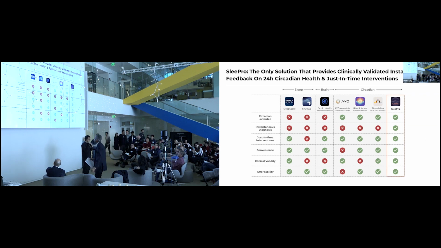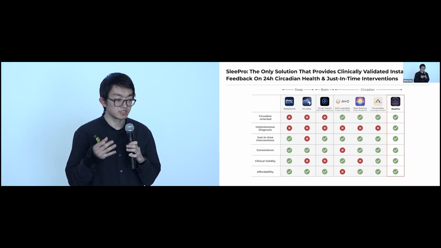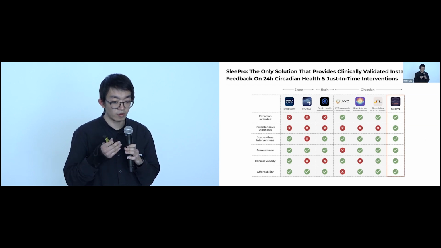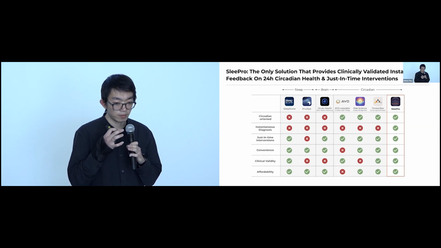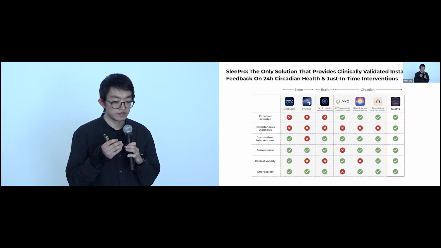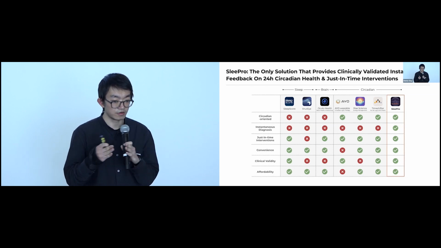So it's very rare to talk about a circadian health app today, because most of these products fall into sleep products. There's a myriad of sleep interventions or mobile apps which focus only on 8-hour nighttime sleep. The modality they take usually is either smartphone sensors, or combined with wearable data. But these cannot interpret the 24-hour circadian health. So that's one thing that differentiates us from other sleep interventions.